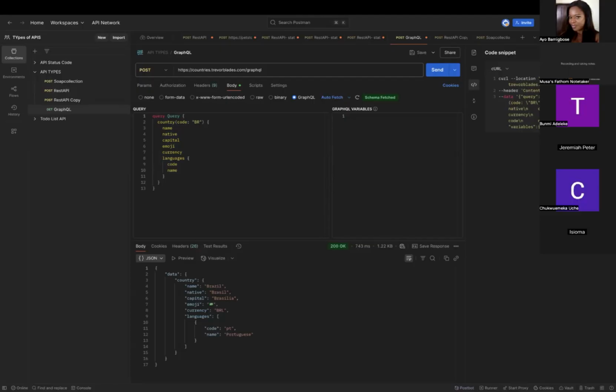Okay, so SOAP and REST, they are the same. So every test scenario that you create in SOAP is just the same in REST. There's no difference. So if our time permits, for every SOAP collection I've worked on, it's only at work. I've never done anything for